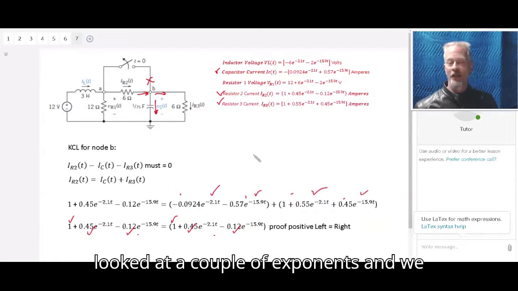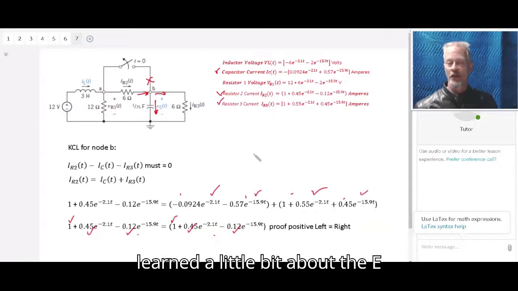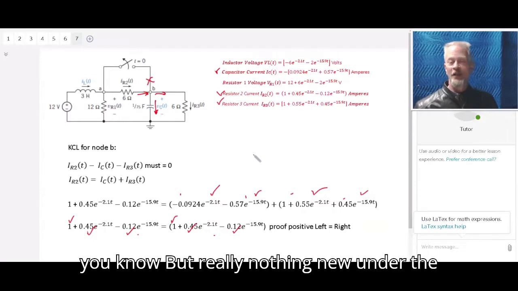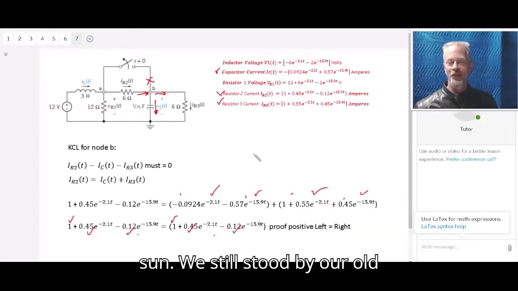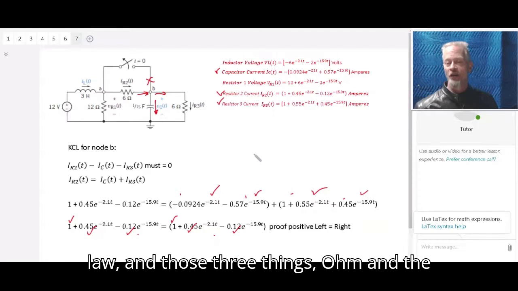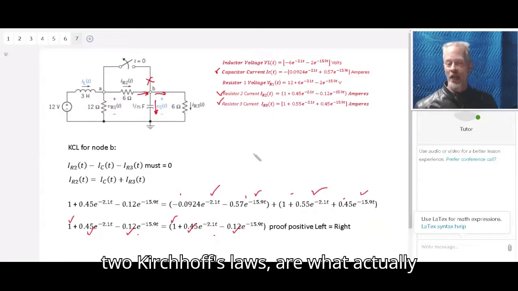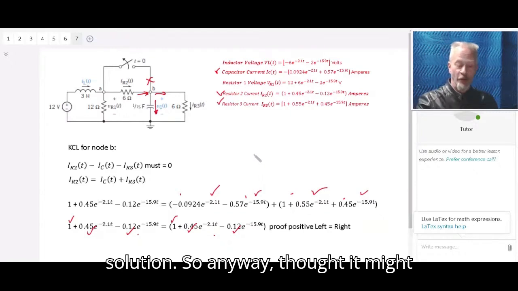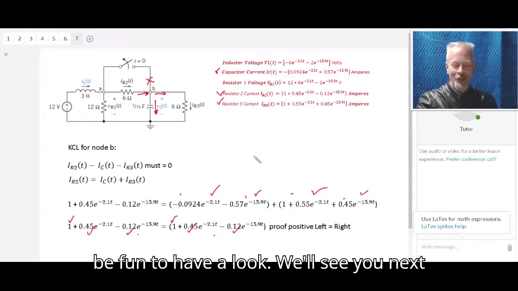Maybe we looked at a couple of exponents and we learned a little bit about the e exponent, the natural exponent, but really nothing new under the sun. We still stood by our old standards, Ohm's law and Kirchhoff's laws, and those three things, Ohm and the two Kirchhoff's laws, are what actually saw us all the way through to this solution. So anyway, thought it might be fun to have a look. We'll see you next